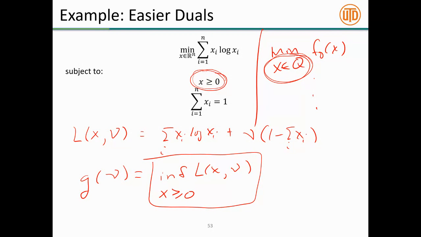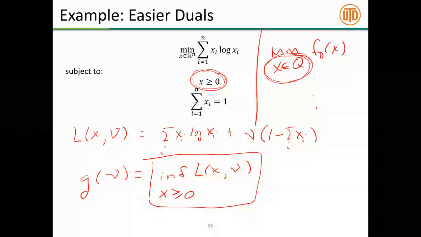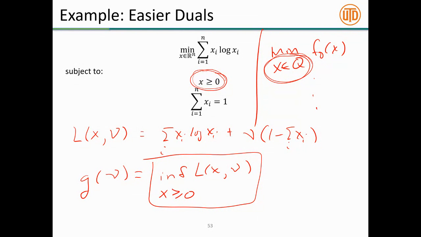So this is useful in a bunch of places, and this is a good example. In fact, we could redo this whole problem where you add a Lagrange multiplier for the x greater than or equal to 0 constraint, and then solve. It just makes a mess. That's maybe another exercise for you at home. It makes a huge mess. You still end up with the same dual function essentially. It's just a really, really long, messy bit of algebra. Whereas if you write it this way, you just need to take a derivative, set it equal to 0, and solve for x. You get a closed form solution for xi in terms of nu, and you just substitute in to get the dual function.